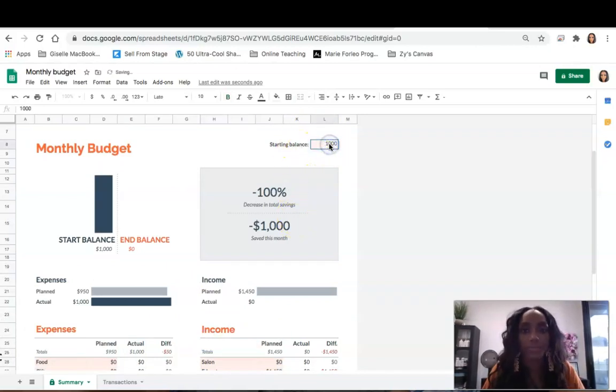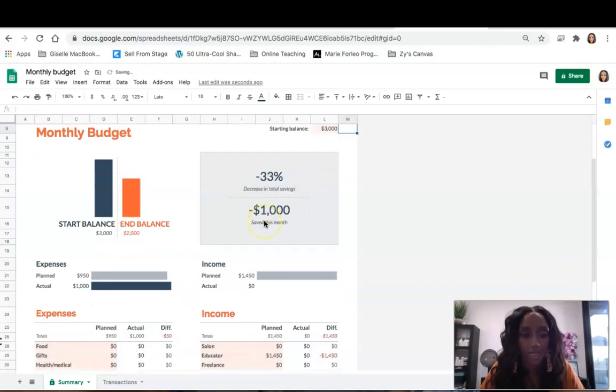So your starting balance here. So my starting balance of what I made that month, or for us it varies, right? So I use another booking app called Ovatu that tells me what I'm projected to make in that month. And I can show you Ovatu too at a later time. But basically Ovatu tells me how much I make in a month by the appointments that are currently booked. So I would go to Ovatu and get that starting balance. So let's just say for now that starting balance is like $3,000. Yep, 3,000, good to go.